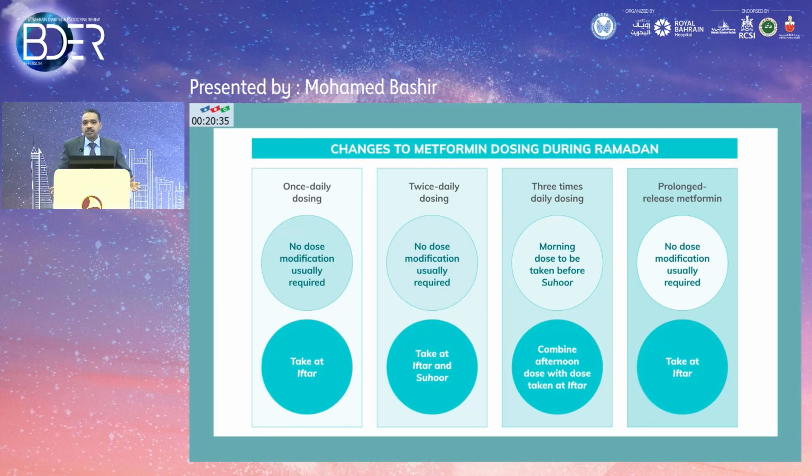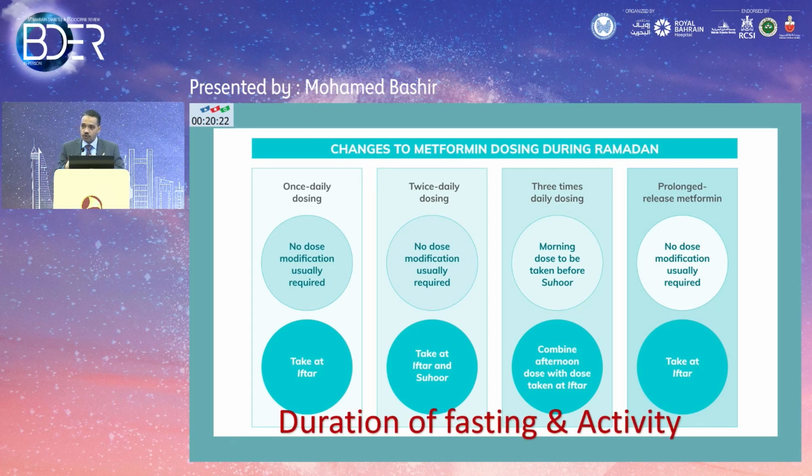So the recommendations from the DAR Alliance about metformin are actually simple. You don't need to adjust the doses. You just need to look at the timing of the doses and split them between iftar and suhoor. However, from my point of view, a word of caution has to be how long the patient is going to fast and what type of activity they're going to go through, and to take into account other factors, because the longer the fasting, the more active the person is, they're more likely than anybody else to have hypoglycemia.